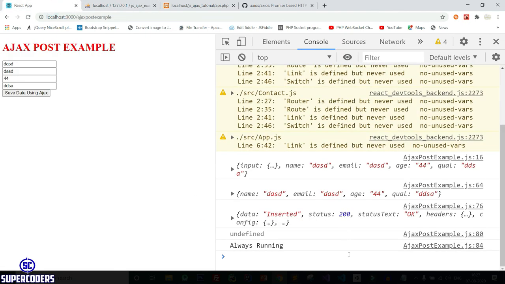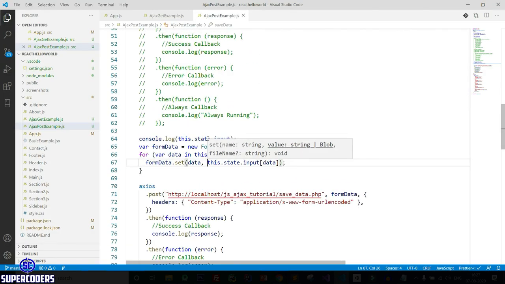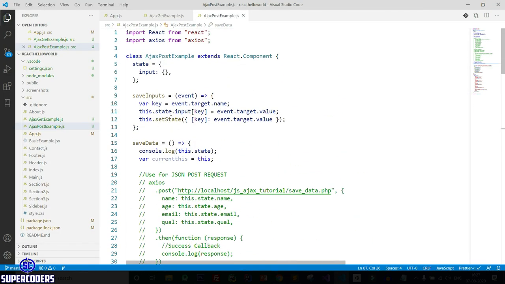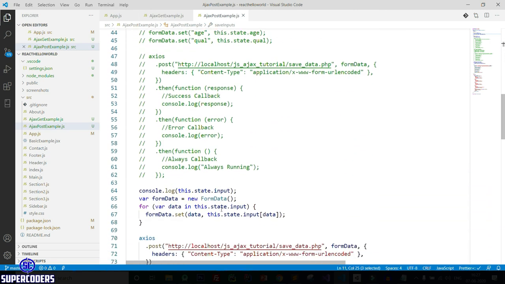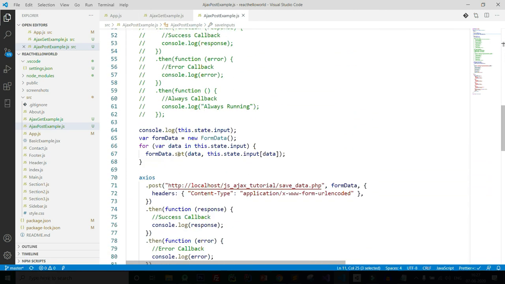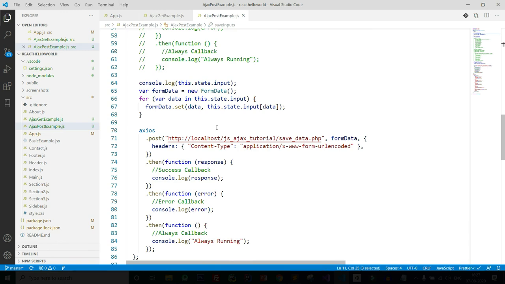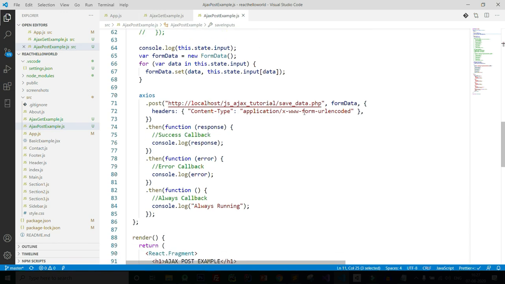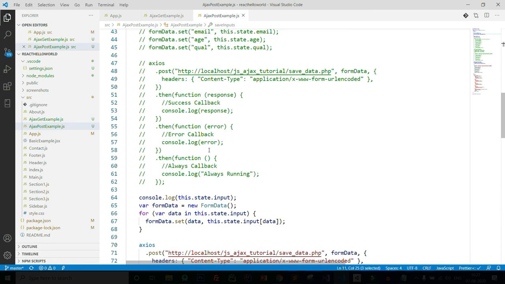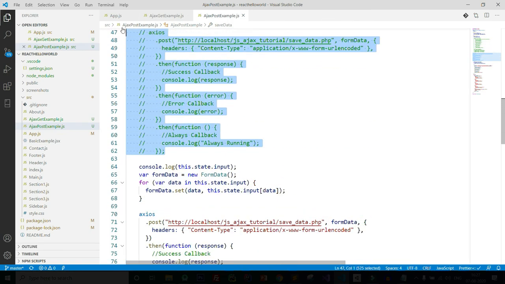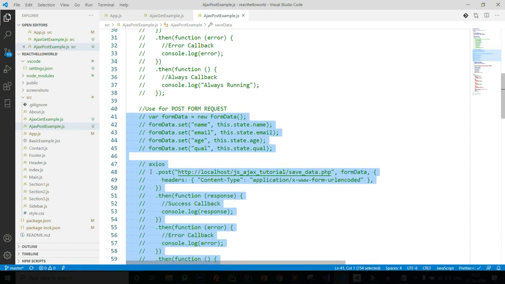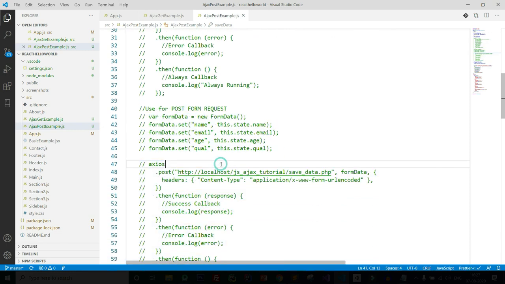So this is a shortcut way for writing every input in this.state.input[key]. So I have stored every value here in input. Then using this input I create a form data. So I am just using the shortcut way for sending data to the server. Or you can use the long way like this for defining key value. You can see here I define key value for sending data to the API.